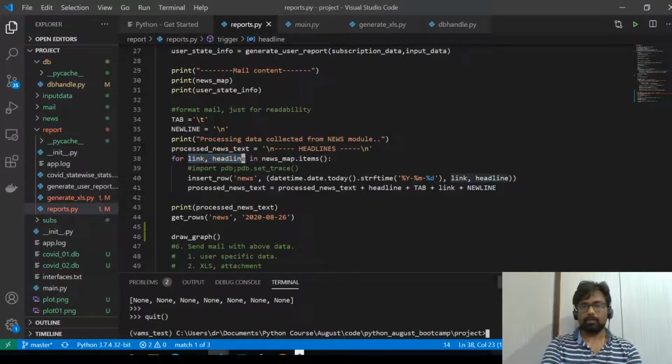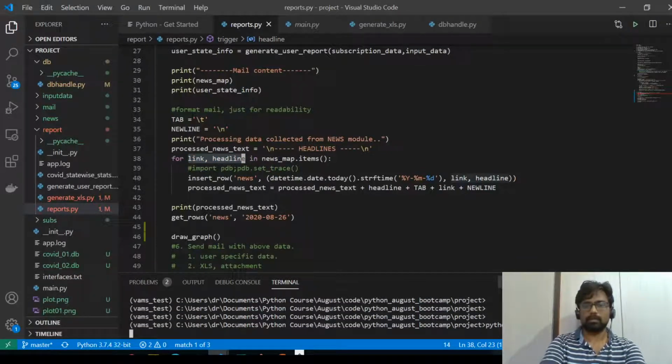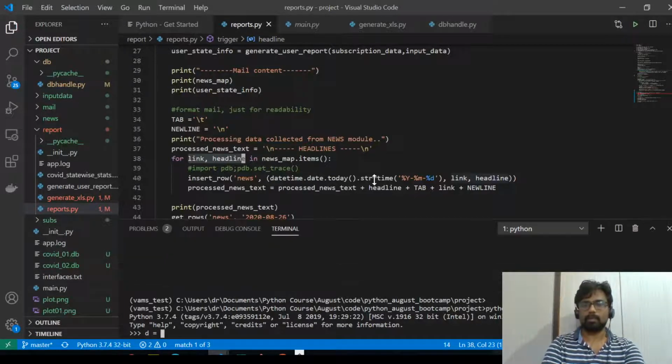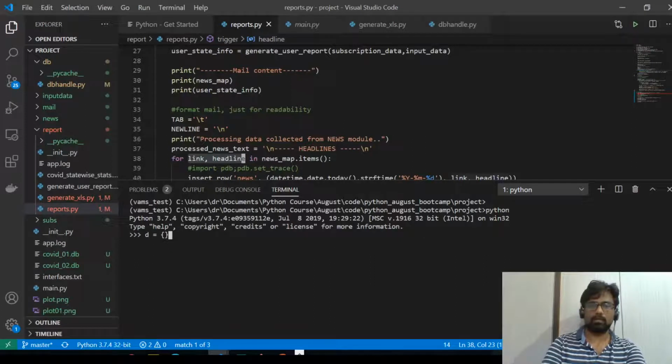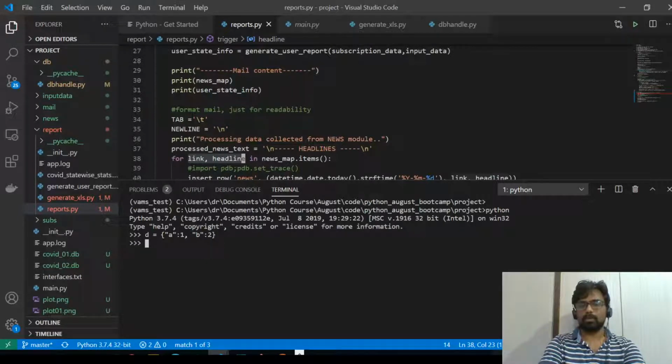Let me take a dictionary D with two elements, A and B. If you try to get the keys, it is just like this.